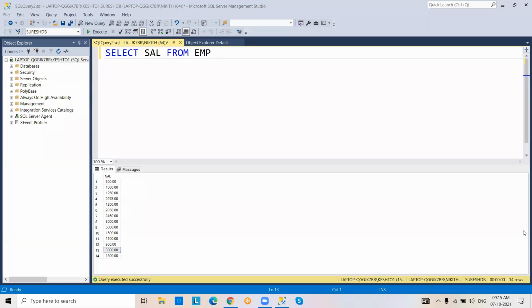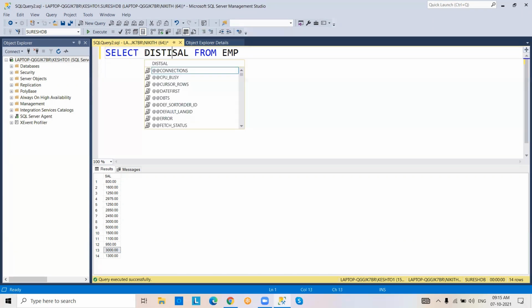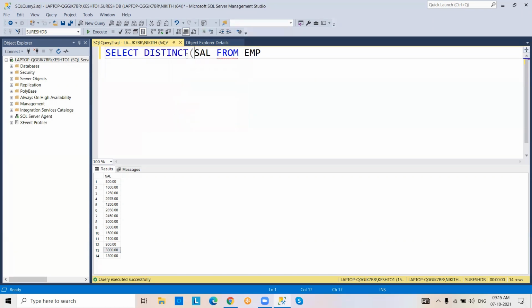So now I want to retrieve only distinct data. Distinct of salary.